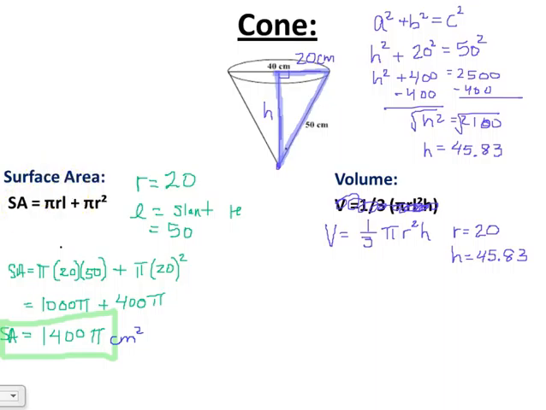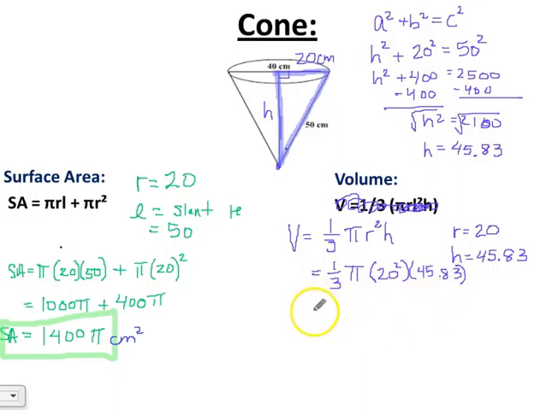We've got everything we need now to plug it into the formula. I'm going to move the formula over so that I can fit everything in. So we've got volume equals 1/3. We're going to do our answer in terms of pi. Our radius is 20. We're going to go ahead and square that and multiply it by the height that we just calculated. All right, so I'm going to plug in my calculator. I know 20 squared is 400, so I'm going to do 400 times 45.83. I'm going to get that answer and then divide that by 3, 1/3. So I'm going to do 1/3 pi, and I just found my answer of,